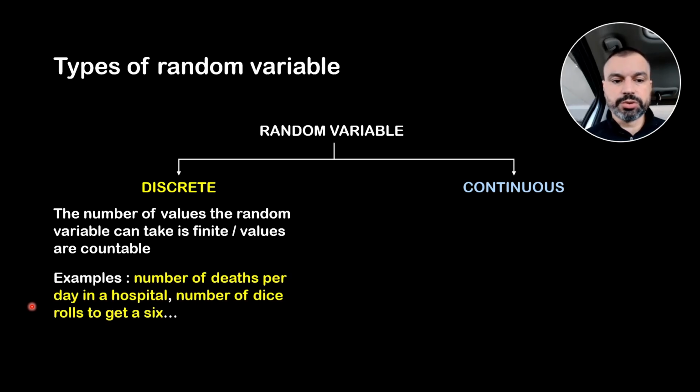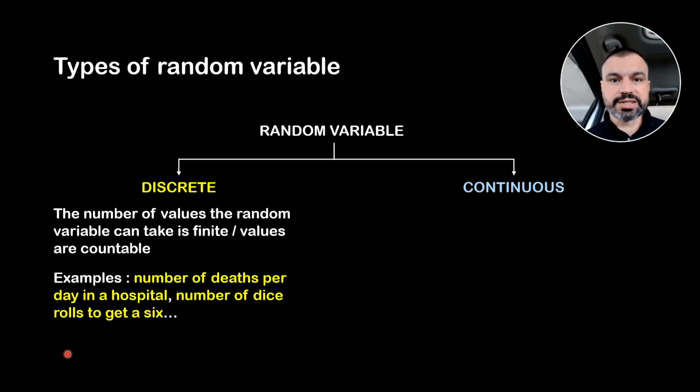Here's a few examples. Number of deaths per day in a hospital, number of dice rolls to get to 6. The number of deaths per day in a hospital cannot be 2.5. It can either be 0, 1, 2, 3, or more, but it's always going to be expressed with whole numbers,